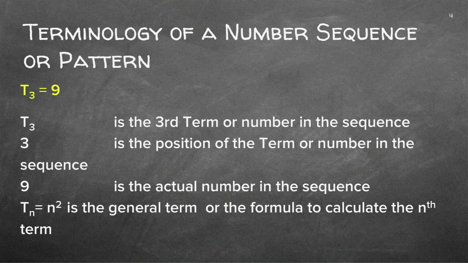Am I at the third or the fourth, or on which term am I now? Which term am I talking about? And then the 9, if you look at the 9 there, is the actual value. So that is the actual T. You'll see T3 is equal to 9. The little footnote is not part of the sum. It just tells you which term you are talking about. You're talking about term 3.